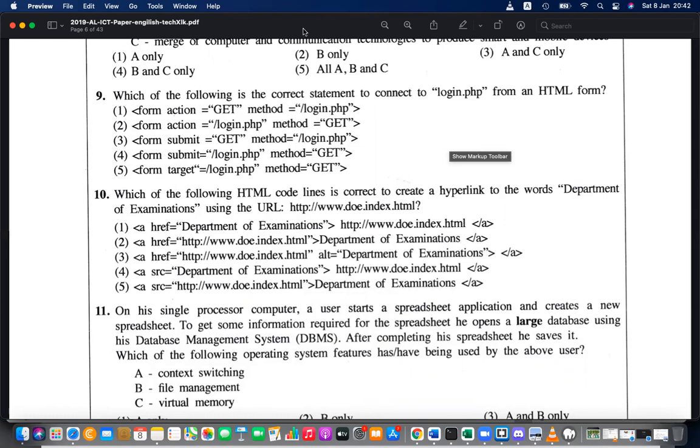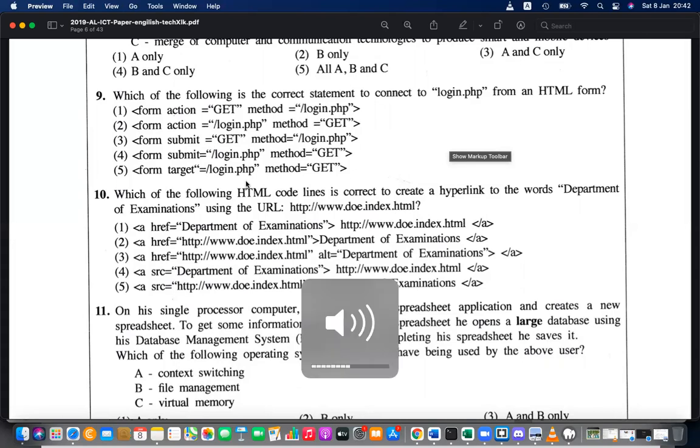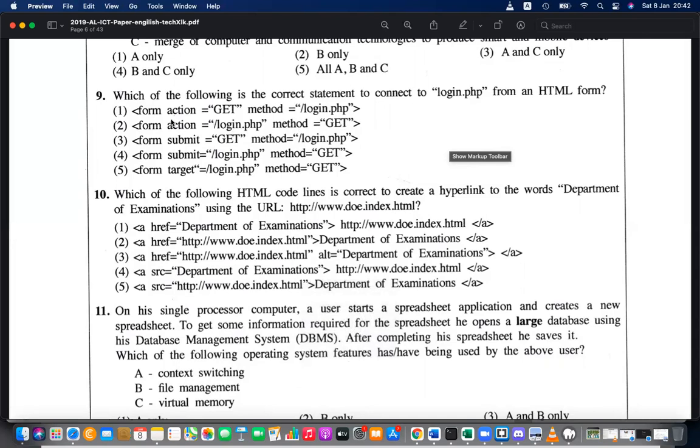Answer number 2, the second one. Form method is get and action is login.php, correct.